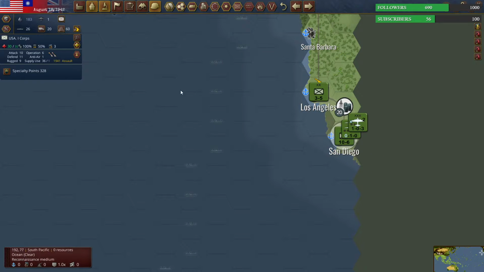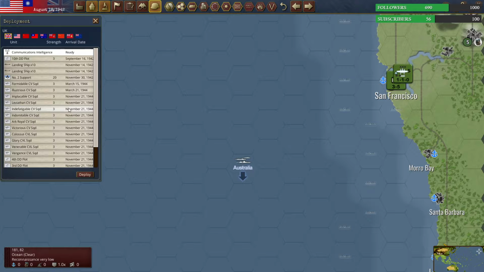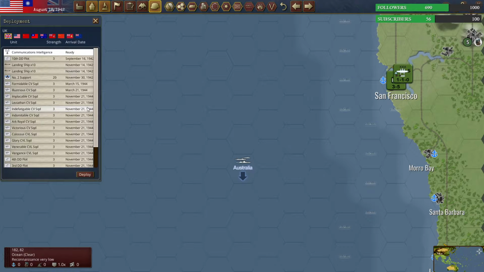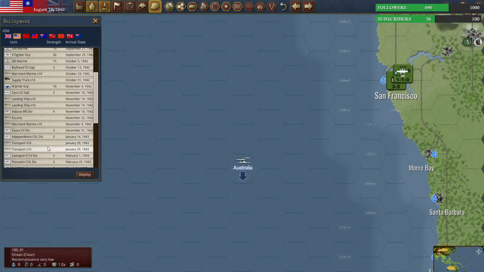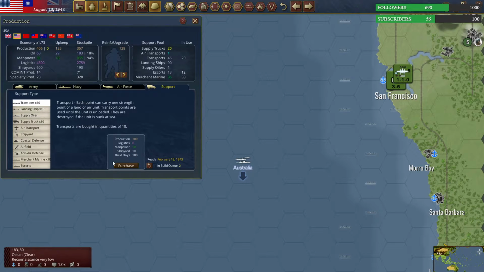Before I deploy anything else, oh, I need too many. We need more transports too. Okay. Yep, we need more. Oh, I was on the wrong nation, wasn't I? Okay. Merchant marine, landing ships, merchant marine transport. We have transports coming, but 43. Okay, let's see if we can get some built sooner. Yeah, it's still going to be February 43. So yeah, we'll build some more, but